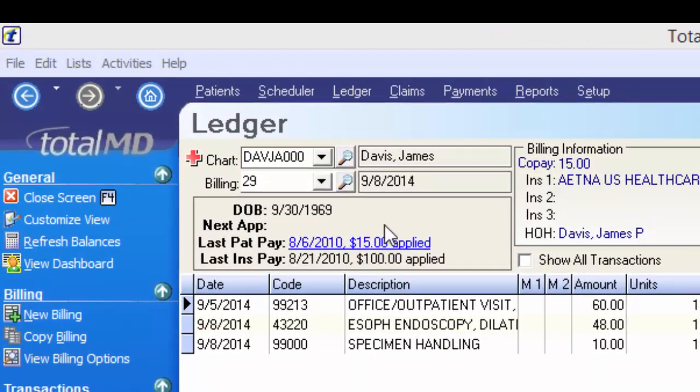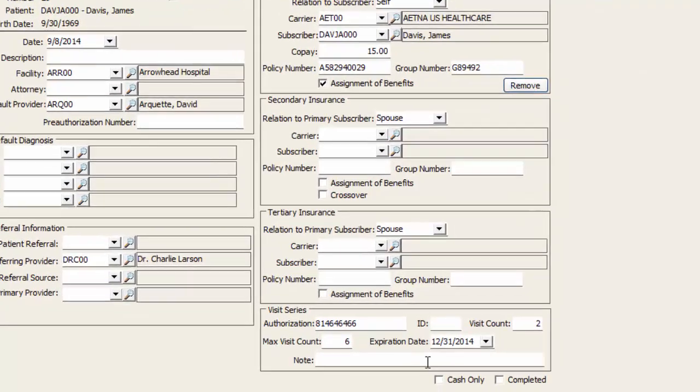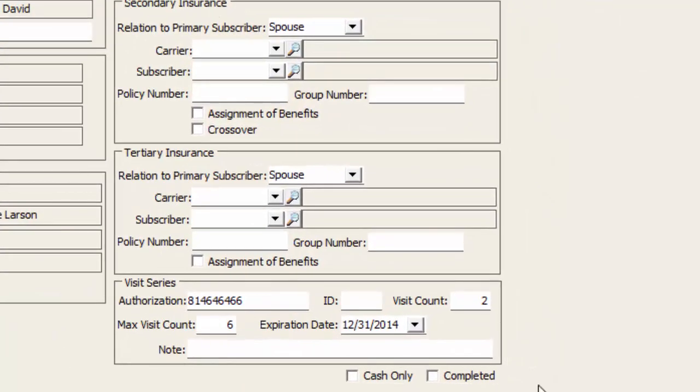So to do it in the billing area, we simply click on the billing information window or the billing options by clicking on the date here next to the billing number, or coming over and clicking on View Billing Options. Either place is going to take us to the same screen. Down here we have our visit series and authorization information. So you can see that so far I've been allowed 6 visits, of which 2 of them have been used